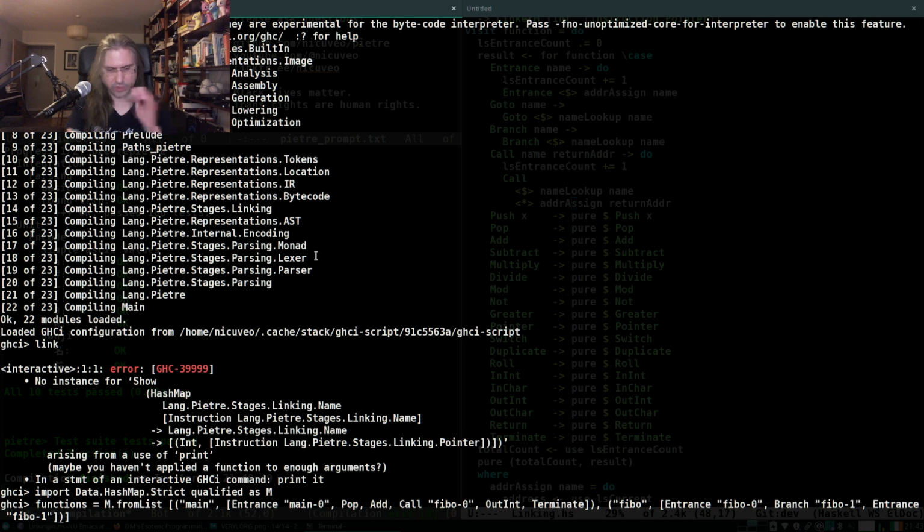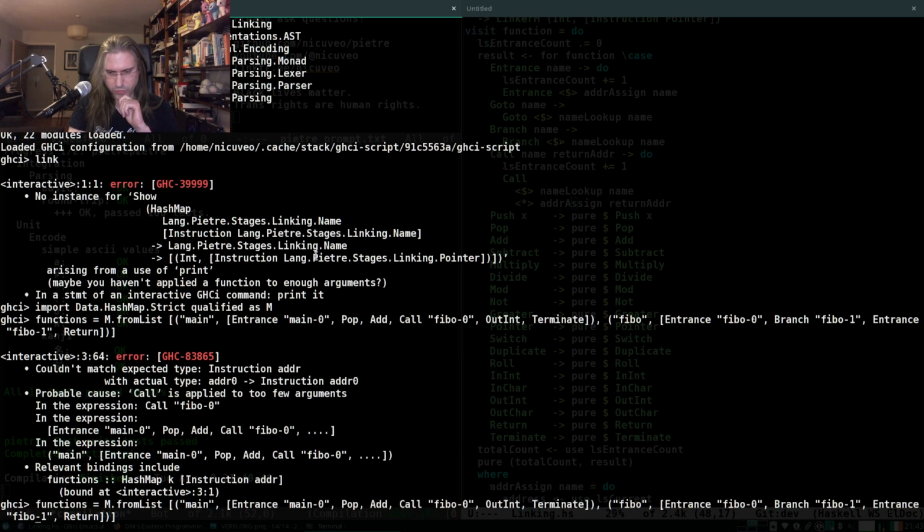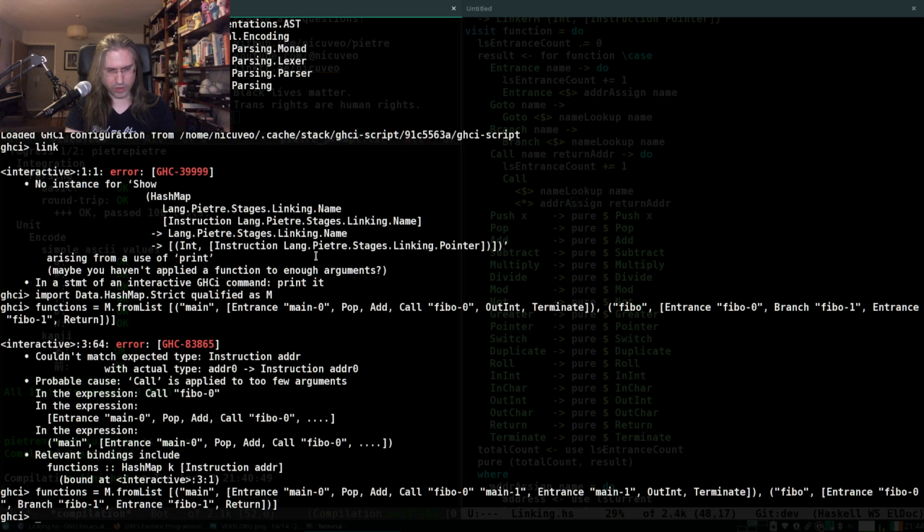Let's say something like that. And a return at the end. Okay, so that's our functions. Call is applied to too few arguments. Yes, because at the end of a call, we need to say where we're coming back. We're going to come back to main1, which is going to be right after here. This is entrance main1. Okay, so that's a function.